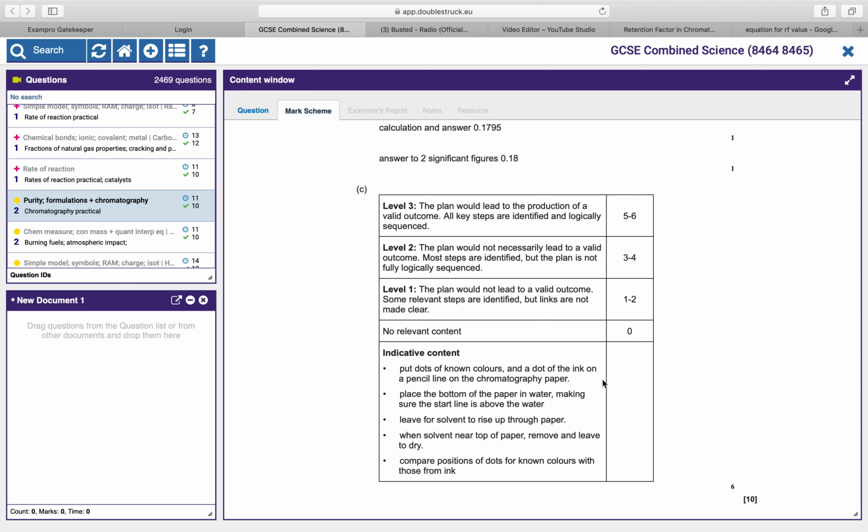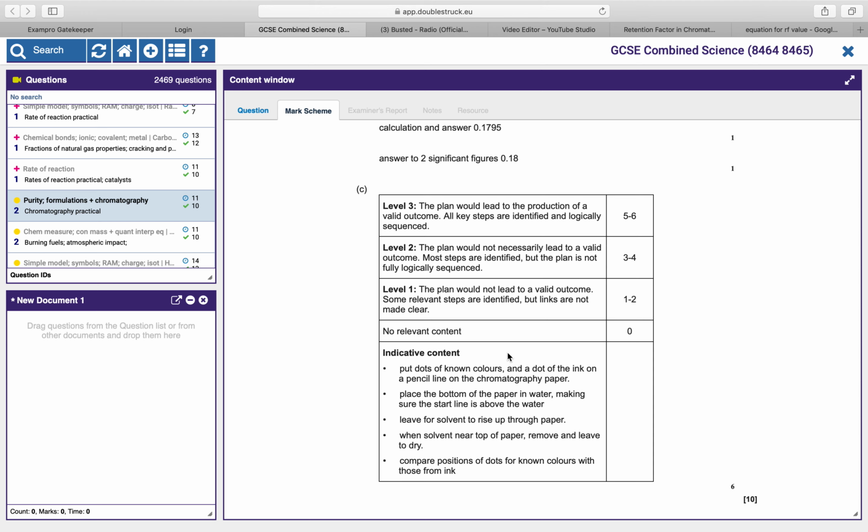Okay, so what I'd say is draw a line about 2 centimeters up from the bottom. Draw a baseline up about 2 centimeters from the bottom of the chromatography paper, and put a dot of the ink that you want to test, as well as dots of known colours along the pencil baseline,